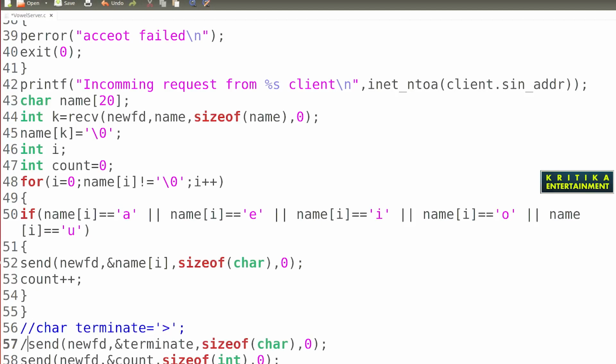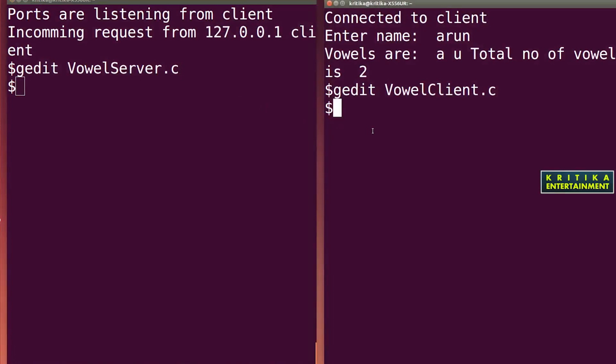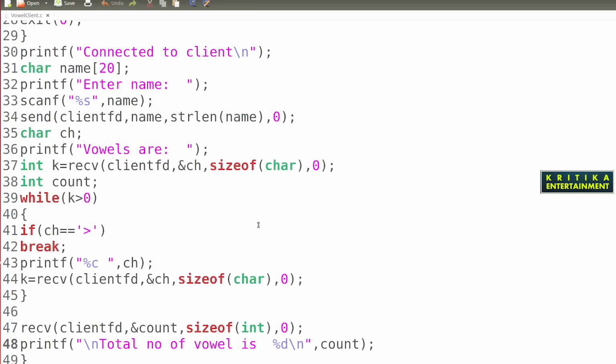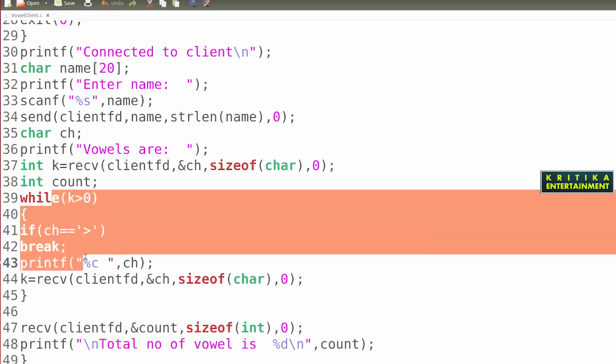Now suppose I have entered Arun, then AU. It will run up to 2 times, AU, then 2 times. So this loop should run 2 times on the client side because 2 vowels are found.